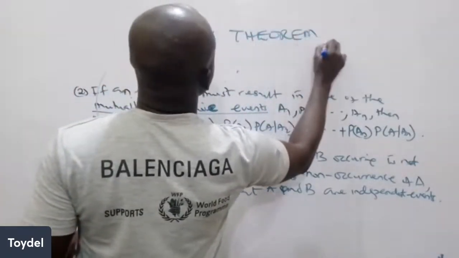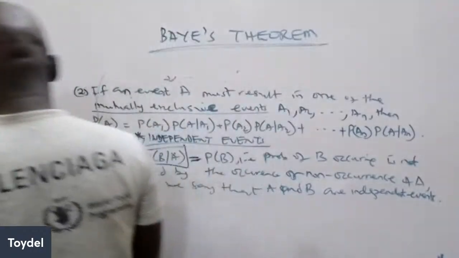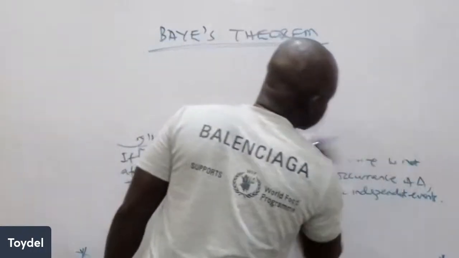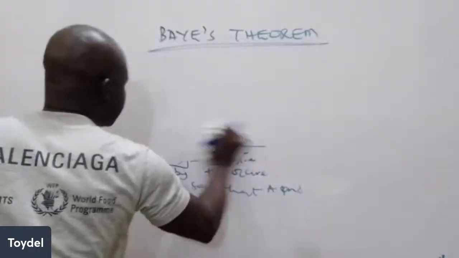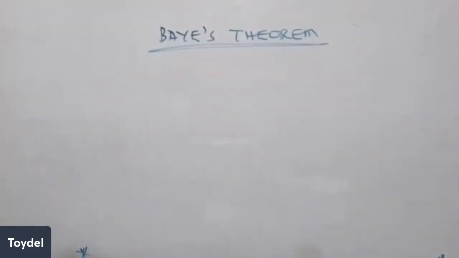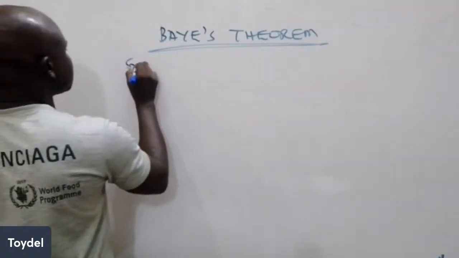Bayes' theorem is the generalization of conditional probability. So what does the theorem state? That's what we are about to give now. Bayes' theorem. The theorem says that suppose that events A1 to AN